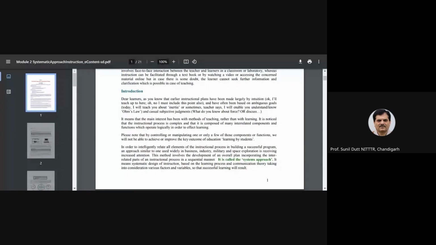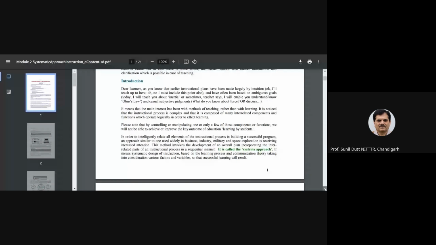Dear learners, as you know that earlier instruction plans have been made largely by intuition. Okay, I'll teach up to here. Oh no, I must include this point also. And have often been based on ambiguous goals. Today I will teach you about inertia, or sometimes teachers say I will enable you understand and know Ohm's law, and casual subjective judgment. What do you know about force, or discuss? So it means that main interest has been with method of teaching. Please note now, then